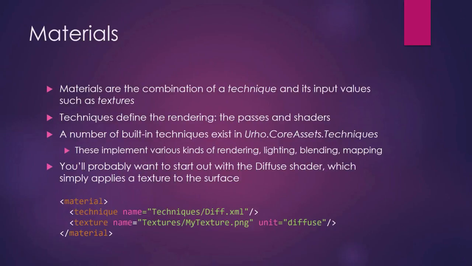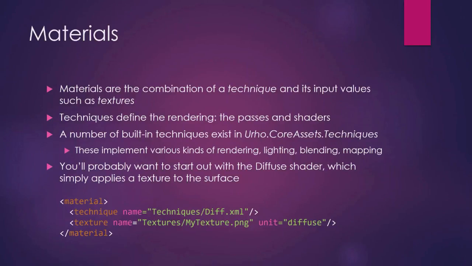You can see in this example here. So materials you have to load with resource cache.get material, but they're actually defined as XML files. They're very simple. You just have the technique, which is the name of the technique ID,